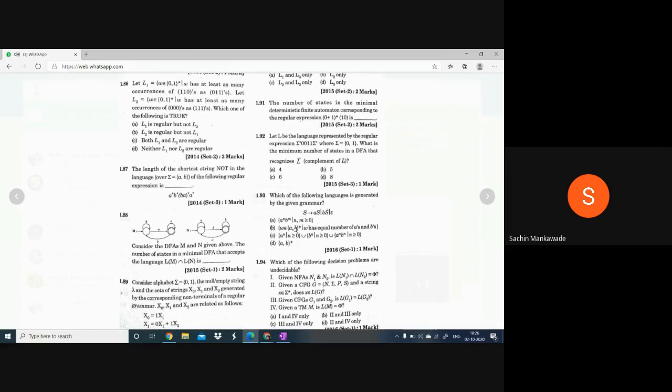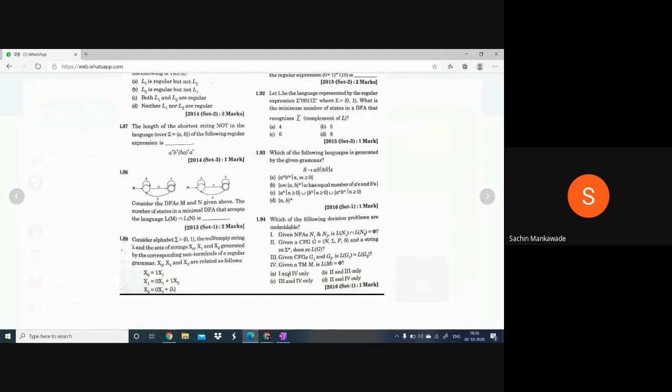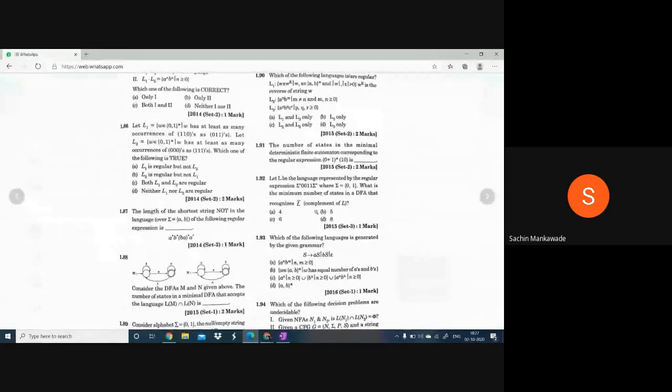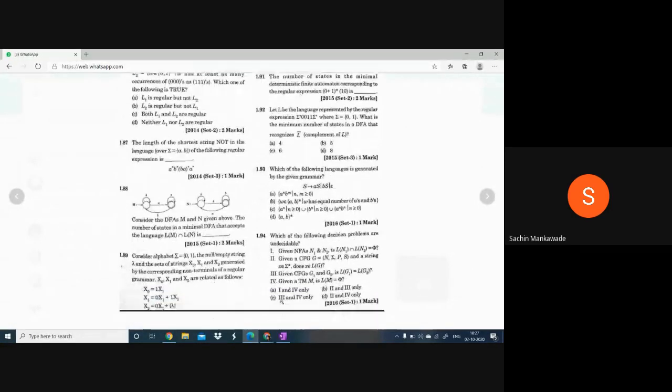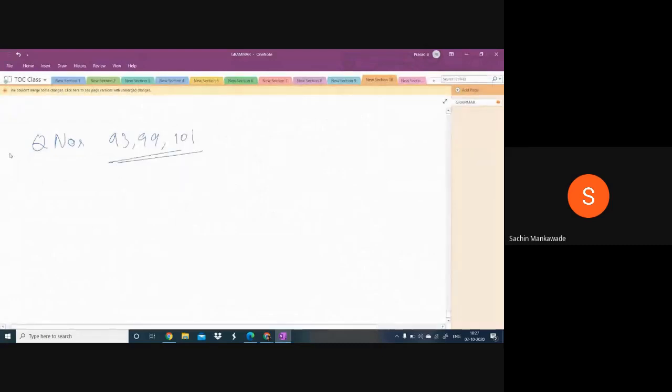S derives ASB, S derives BS, and S derives epsilon. Guys, if I use these two productions only, S derives AS and S derives epsilon,